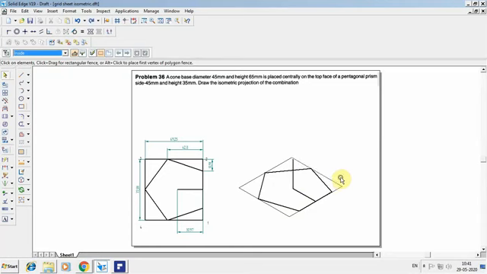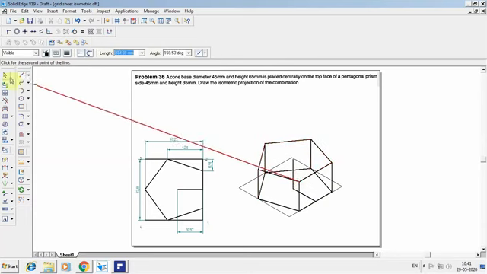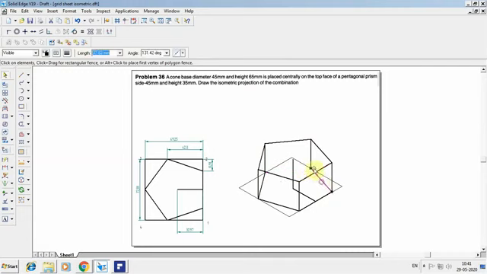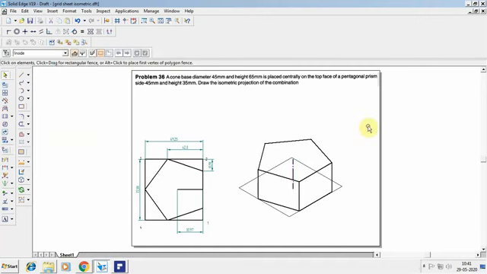If you are doing it in a sketchbook, from this point itself directly you can increase the height as 35. If you increase all the sides as 35 height, so easily you can get the prism of a pentagon. So 35 again here, and again from here it will be 35. So join that, and this will be the prism of a pentagon. The lines which are not visible, I want to remove, and this will be your axis line. So this is how the pentagon looks when you project it on the isometric.